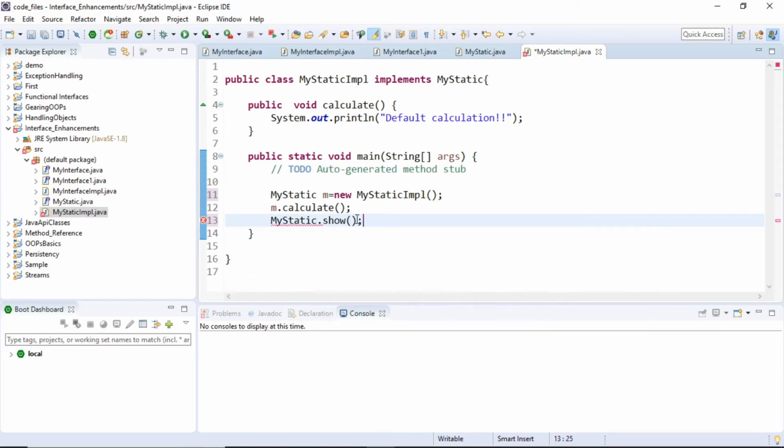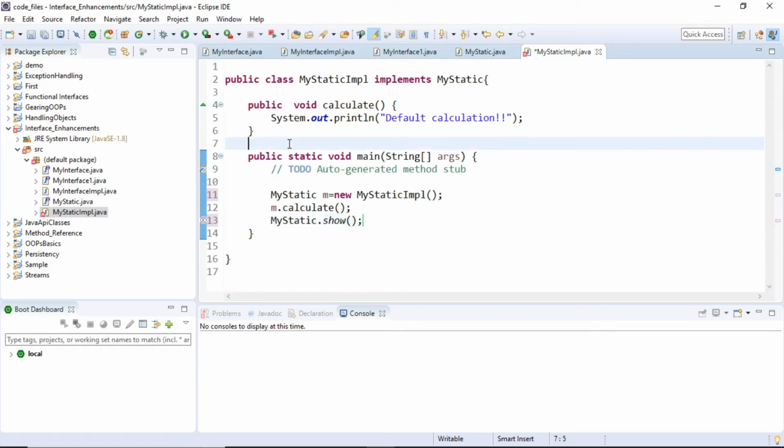So the concept is you will be able to call the method by using a reference of your interface rather than the reference of your class. Right, so here you can change it to myStatic implementation as well, but the only thing that you need to take care of is that whenever you call a static method, that static method is similar to a class which contains a static method. This is the interface which contains the static method, so you'll be calling your interface name dot show.